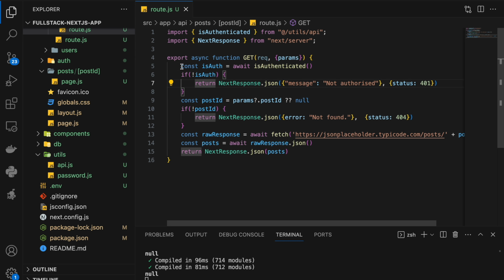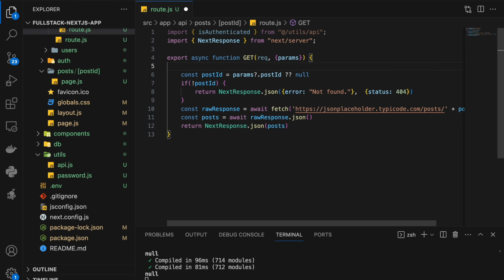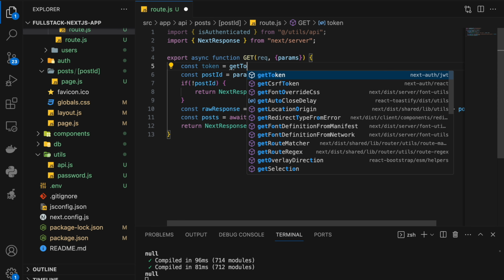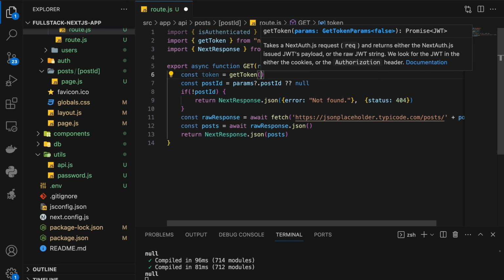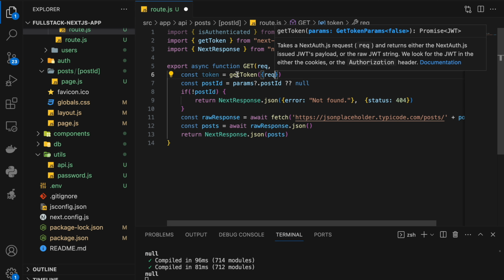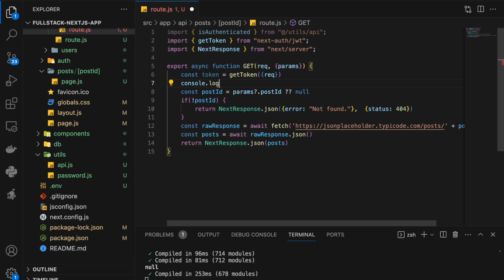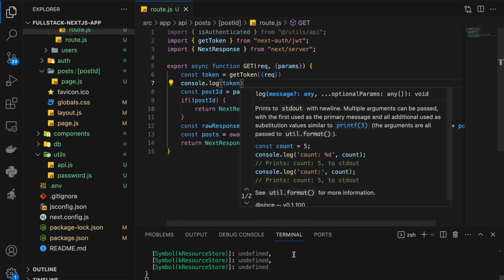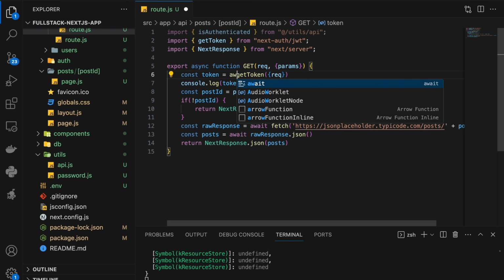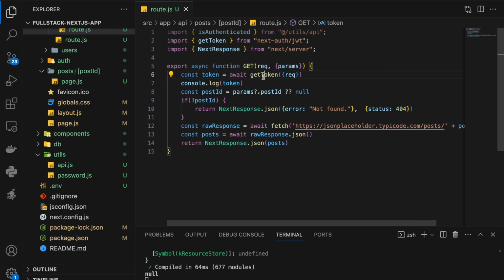So let's remove this code, and we can say const, and here we can get the JWT token that is created by Next-Auth. We can import the getToken method from next-auth/jwt, and here we just need to pass the request that we are getting. If I console log this, this will be async again. So regarding this function,